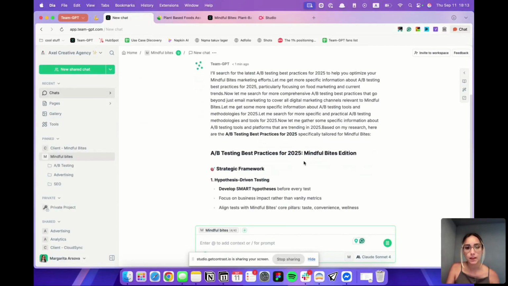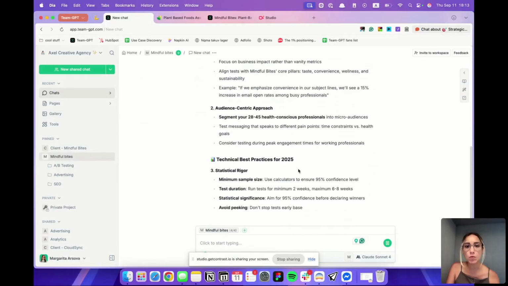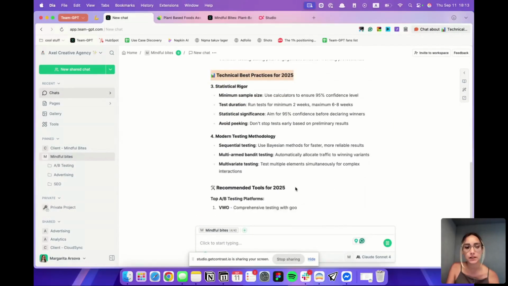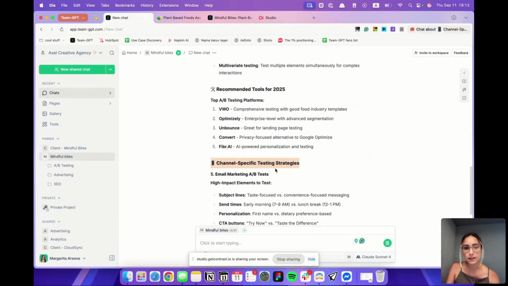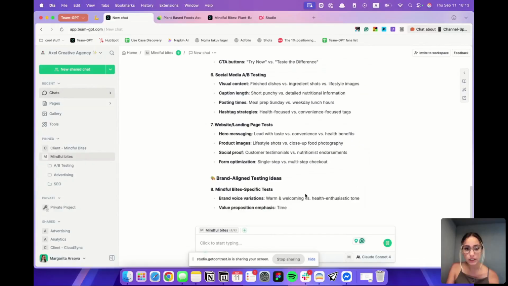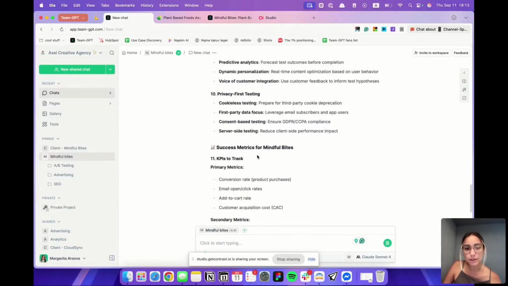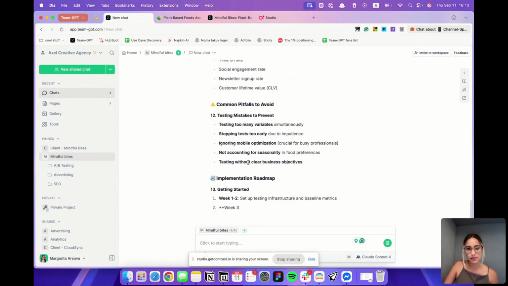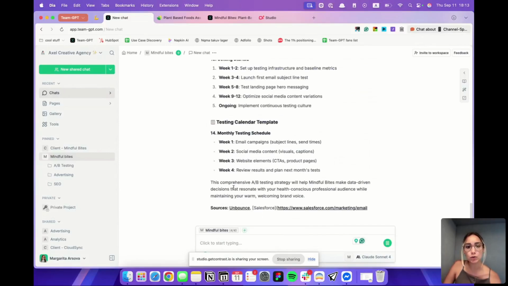Okay, there we have it. We have our framework, we have technical best practices, we have recommended tools, channel-specific testing strategies, and so on. Let's see. What I'm going to do right now, after team-gpt is done with this little report I just did, I'm going to copy it,